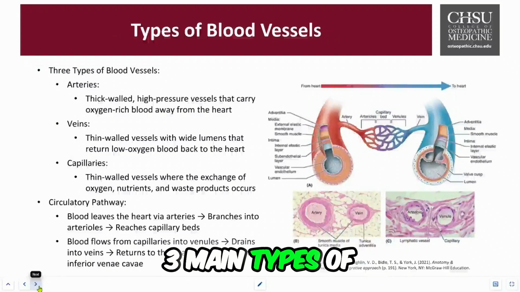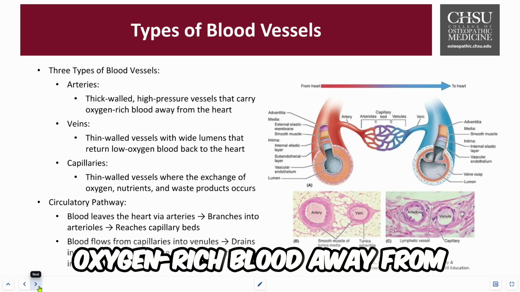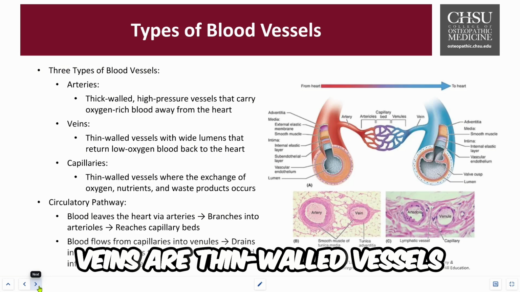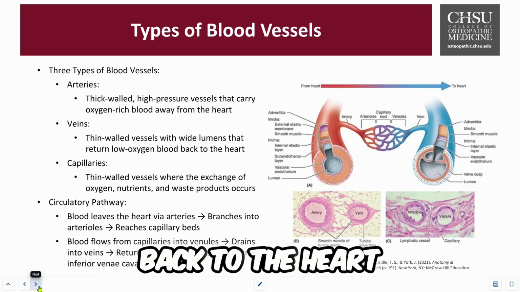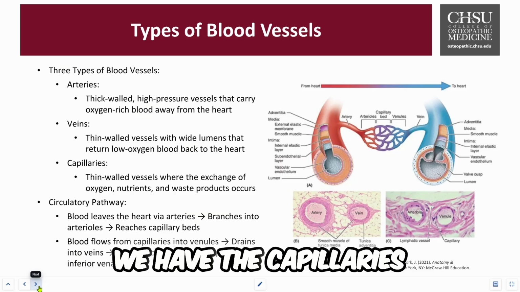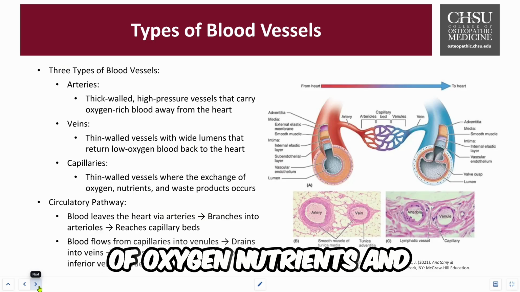Next, we'll look at the three main types of blood vessels. Arteries are thick-walled, high-pressure vessels that carry oxygen-rich blood away from the heart. Veins are thin-walled vessels with wide lumens that return low-oxygen blood back to the heart. And lastly, we have the capillaries, which are very thin-walled vessels where exchange of oxygen, nutrients, and waste products